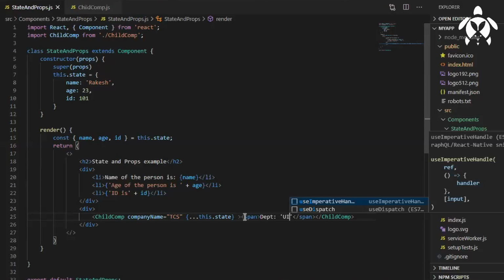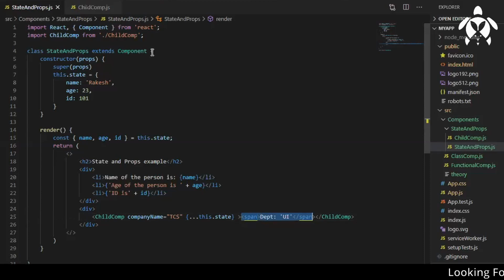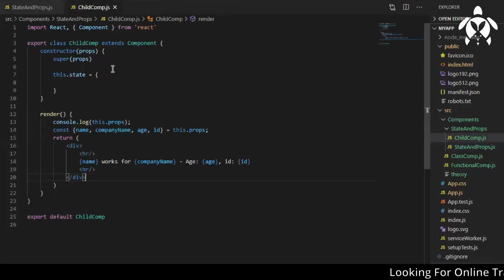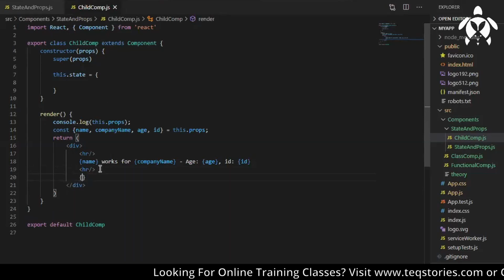Now I want to render this. I can write this. I can have another component inside this, okay? This is possible. So now in the child component, if I want to render them, then I can write children. Let me do one thing. Here I will render it.